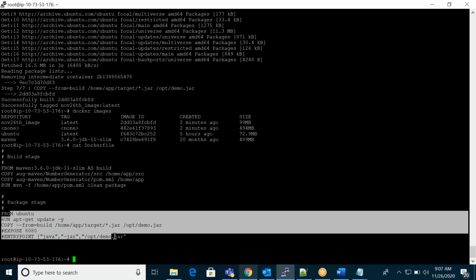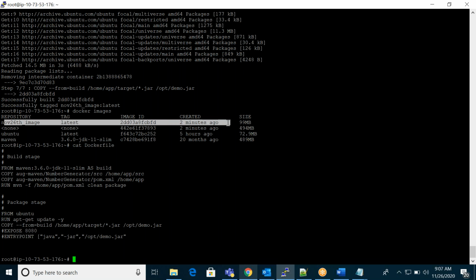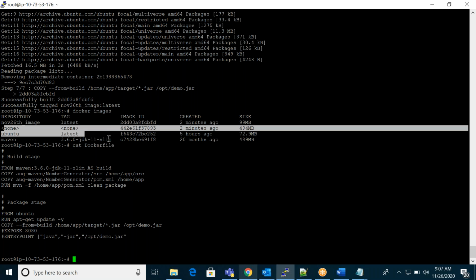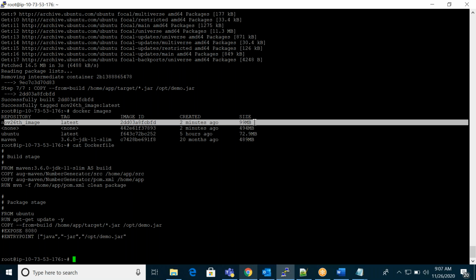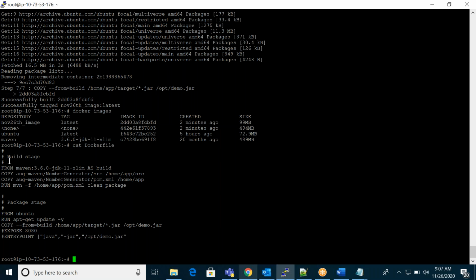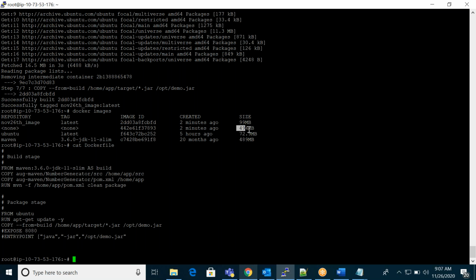We ran these steps in the first image, and the size is only 99 MB. So the second image we don't actually require. Our custom image is the first one, the November 26 image. If we executed all steps in the same image, then 494 plus 100, almost 600 MB, would be there.